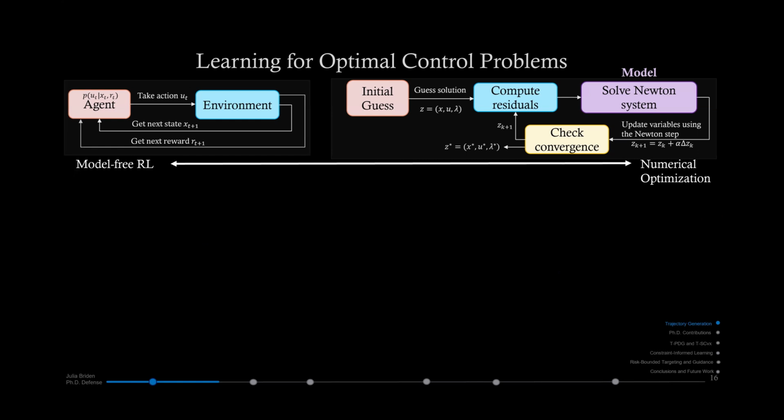And current methods have looked at both ends. If we look at a spectrum between model-free reinforcement learning and numerical optimization, model-free reinforcement learning is on the opposite side, where we don't really have a model, but we have an agent that's taking multiple actions in an environment, getting feedback from that environment on the reward that you're getting, as well as the next state that you're achieving. And you can fine tune the policy that that agent is taking